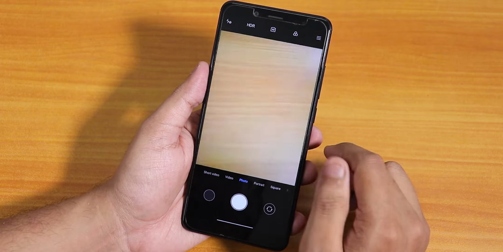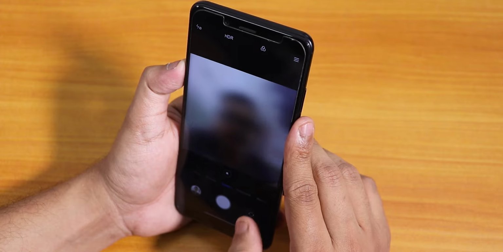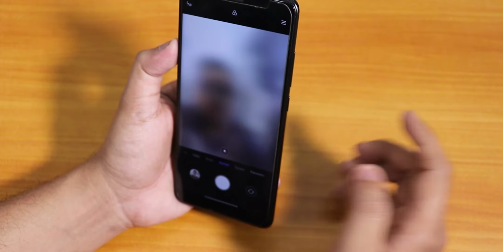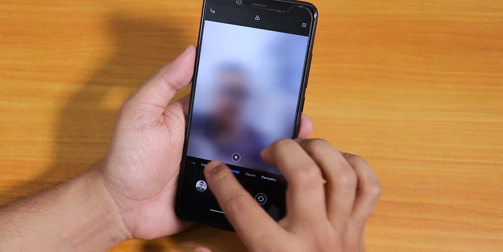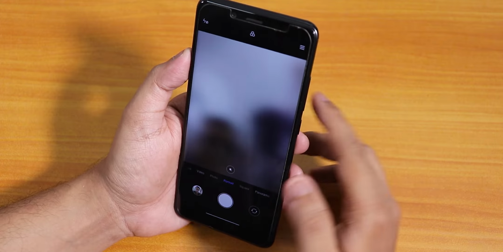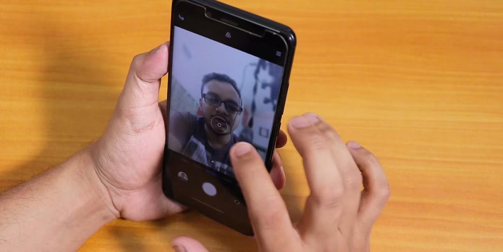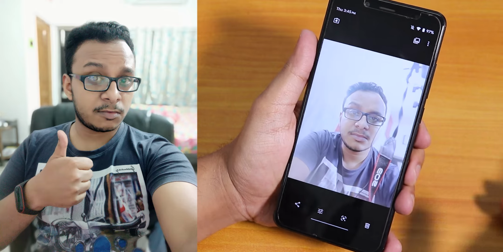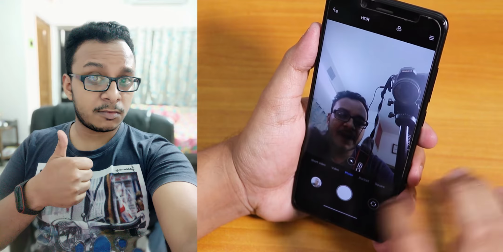The stock camera over here is the MIUI camera, and everything seems to be working fine. Let me go to the portrait mode and click a picture. Yes, it is stuck for a moment, I guess. Let me switch. Okay. So I think it will work, but for the first time it takes a little bit of time. This is how it looks, too white I guess, but yeah, it should work pretty fine with the back camera and stuff.